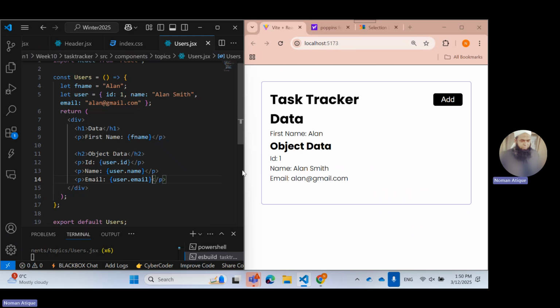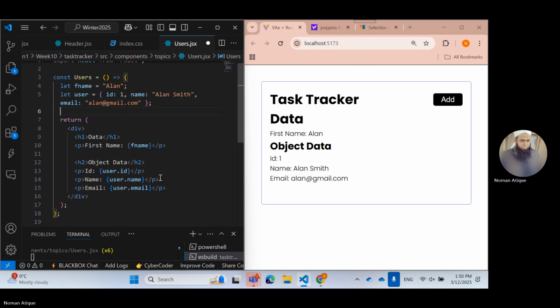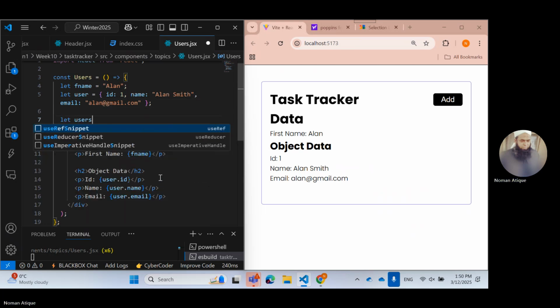I'm going step by step, even though I have to actually reach a particular place. If it is a normal string, just print that fname, whatever. If it is an object data, like this, user dot. Remember, everyone? What if I have this data? Let users equal to,